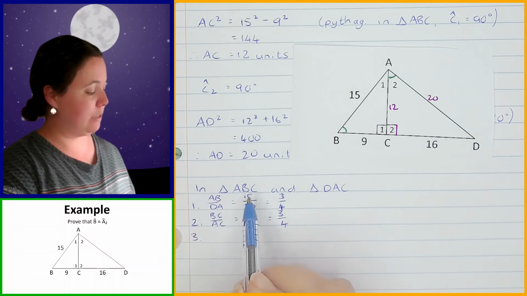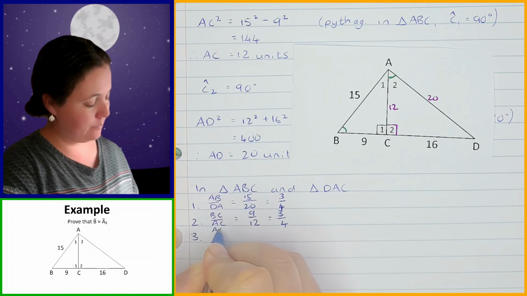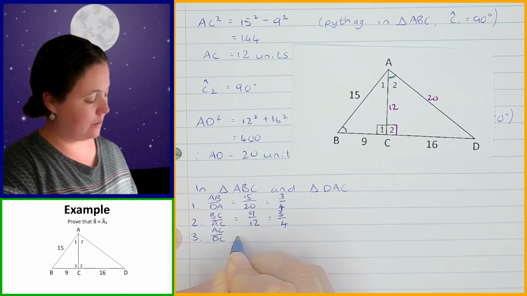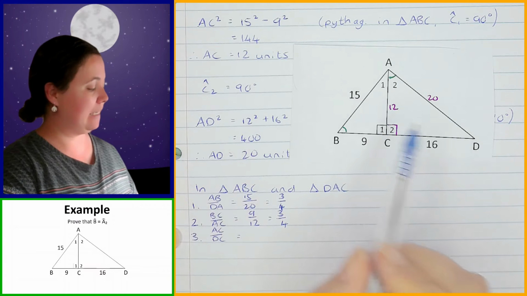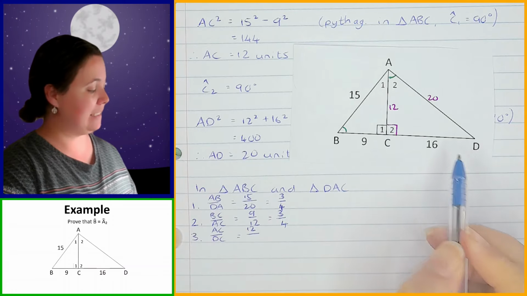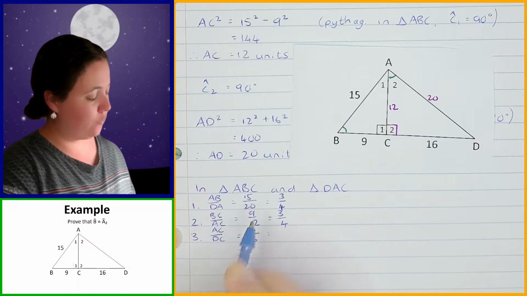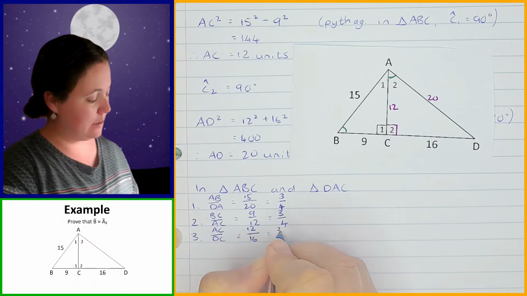Then my last statement, I've got AC over DC. Okay, so AC is 12 and DC is 16. 4 goes in there 3 times and 4 goes in there 4 times, so I get